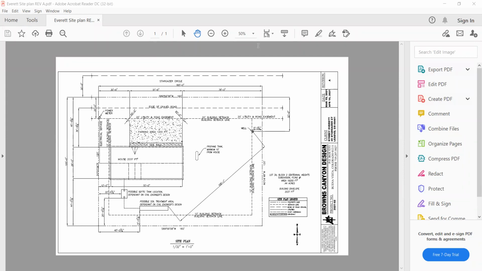Okay, Melissa, you should be able to see the site plan one more time. And can you maybe just walk us through on the site plan one more time what the proposed setback encompasses there?